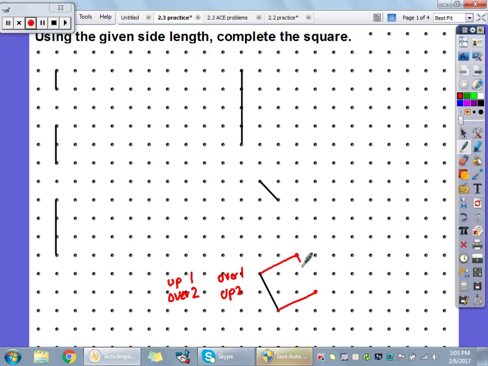And here's our square. So those are the old driving directions. These are the new driving directions. Once we have that part, then we want to